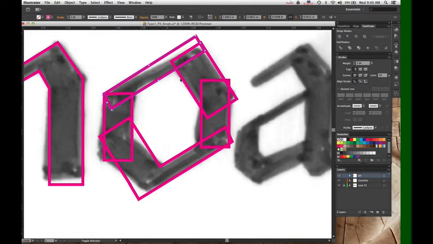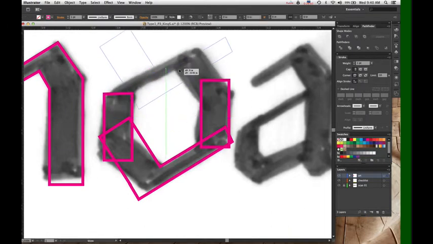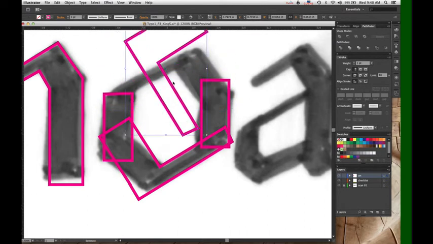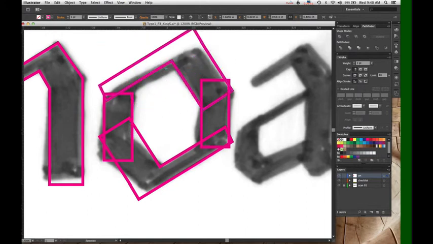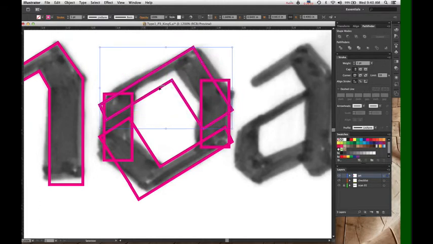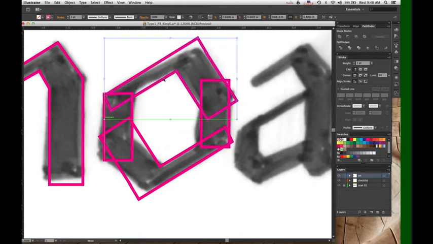And in fact, I'm going to take this guy away and use this. Rotate it. Oops. Rotate it 180 degrees by holding down Shift. Place this where I want to place it.